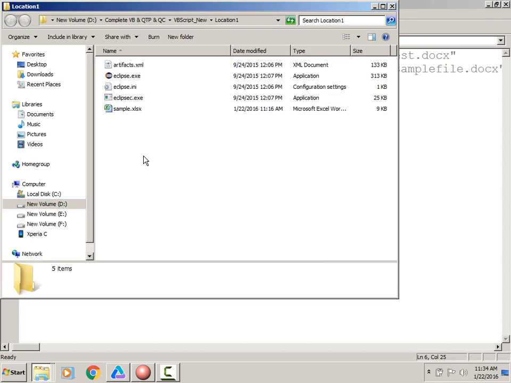We deleted that file manually, and then again we are moving. But when you are doing your automation testing, everything should be handled, all these situations. When you are writing the script, you have to think about all preconditions, and then you have to write the script accordingly. So when you are moving a file,